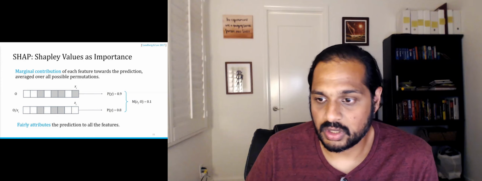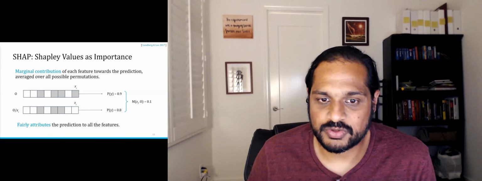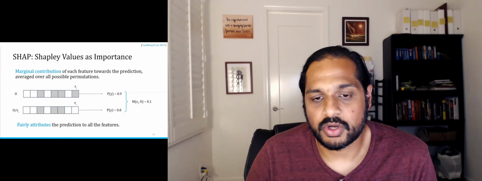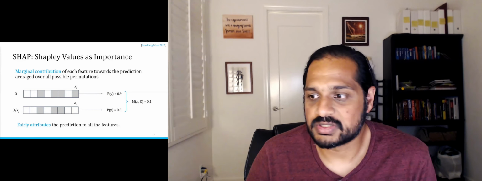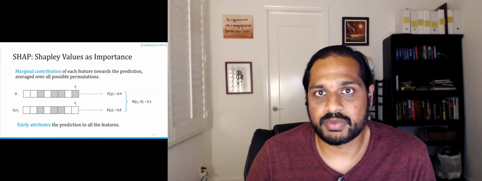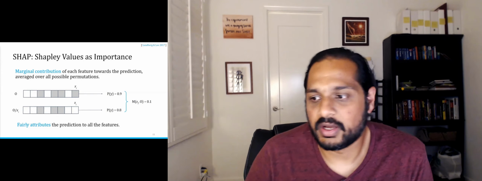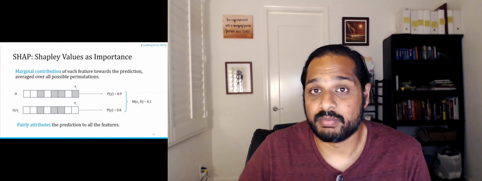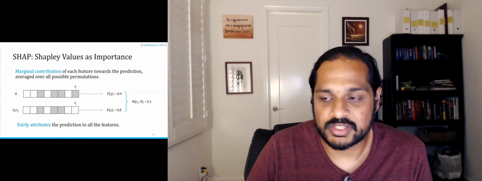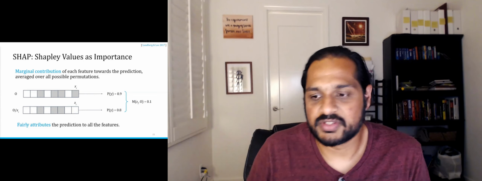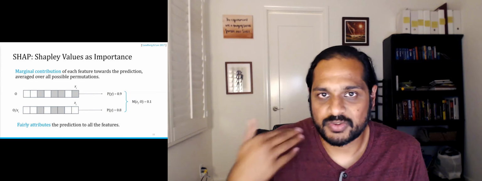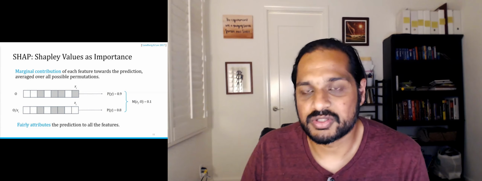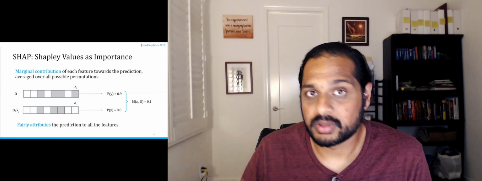So here's one example of how this works. Suppose you're looking at a specific perturbation here, and some features are on, some features are not on. You can look at what the model output is, which is 0.9. You also look at the perturbation with this feature xi removed, and you look at what the output of the model is. It turns out it has gone down, it's 0.8. So the marginal contribution of xi for this permutation ends up being 0.1, which is the difference of the two, right? This is just the marginal contribution for one permutation. If you average it out over all permutations, you get the overall marginal contribution of xi, and that will tell you how important xi is.